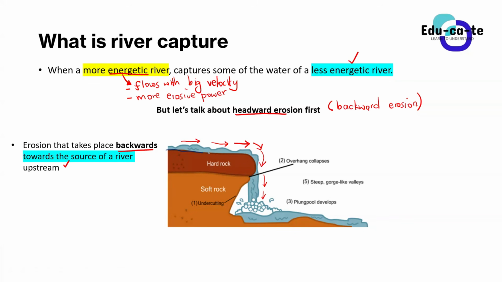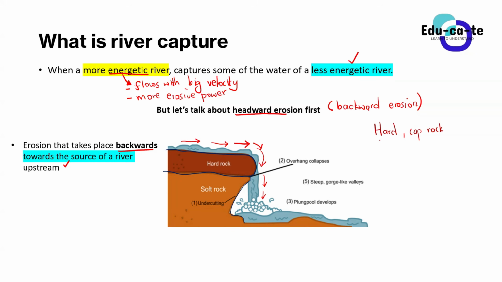All right. So now in such an area, you guys should know from your grade 11 that we have hard rock found on top. Whenever we have these topographic features, we always have hard rock on top. Then we have soft rock at the bottom. According to what you learned in grade 11, the rock that is found on top is known as the hard cap rock. So the hard cap rock is usually made up of igneous rock.